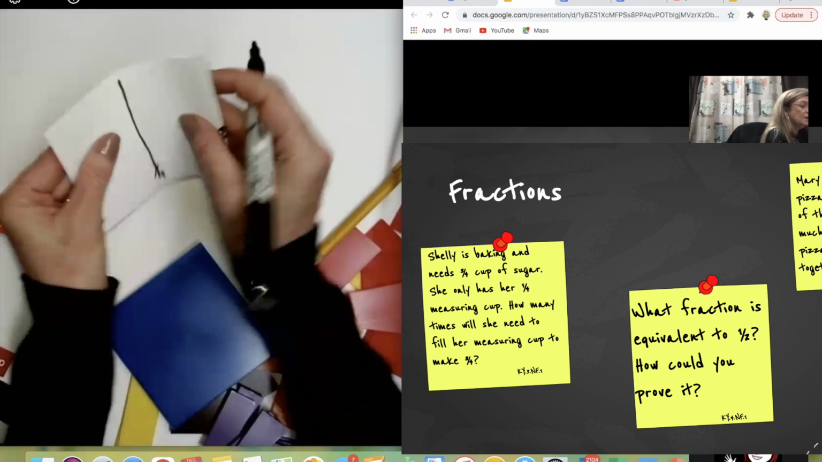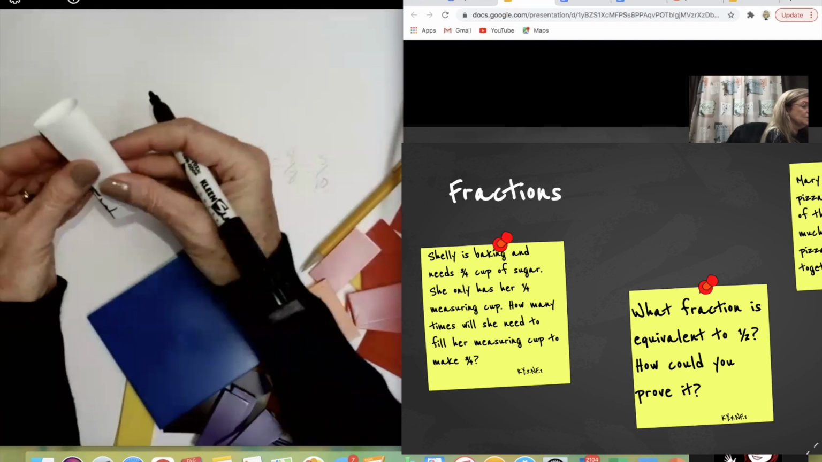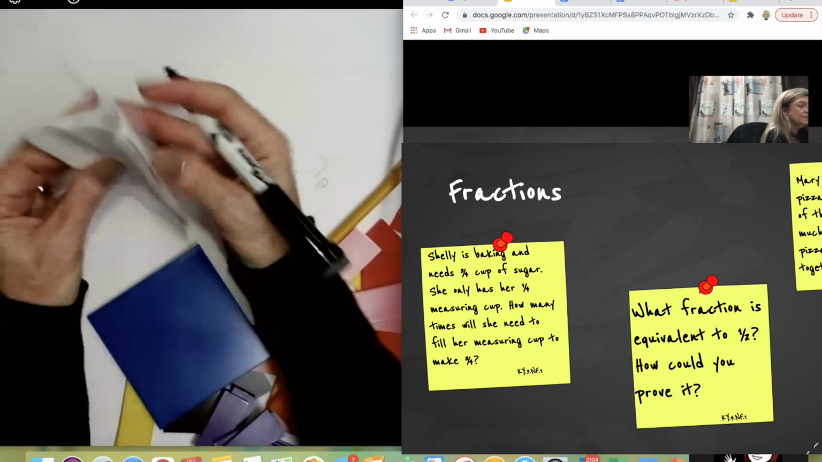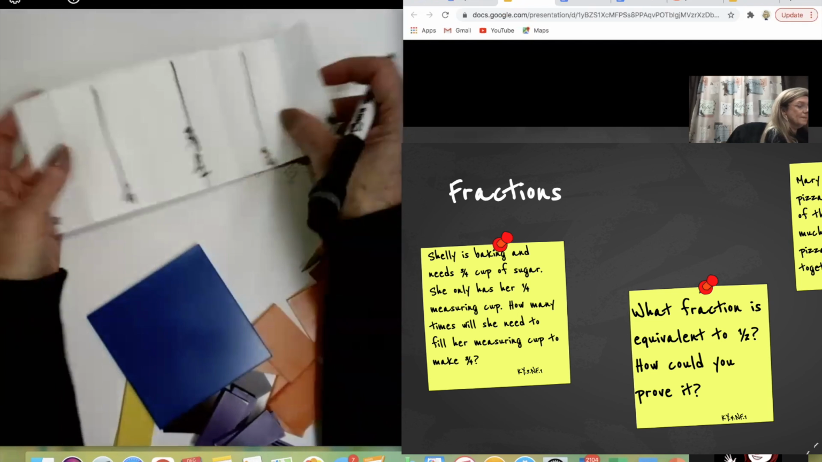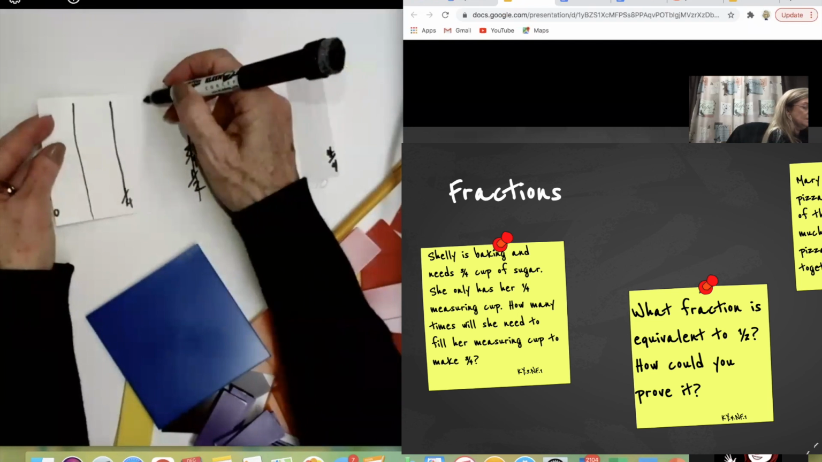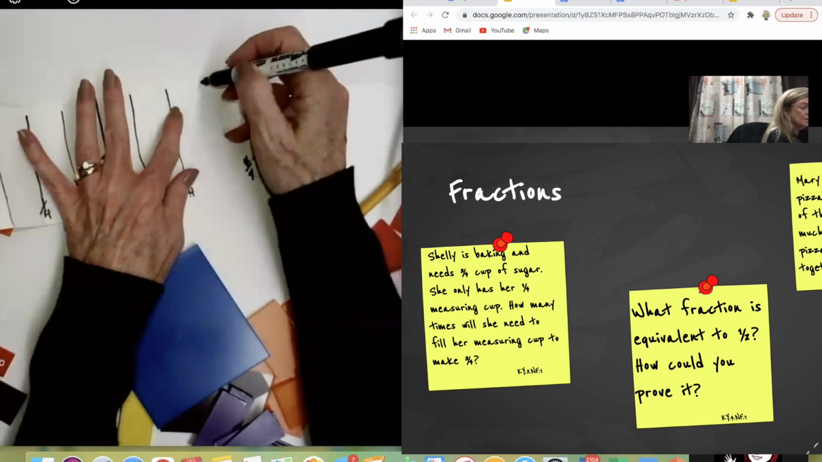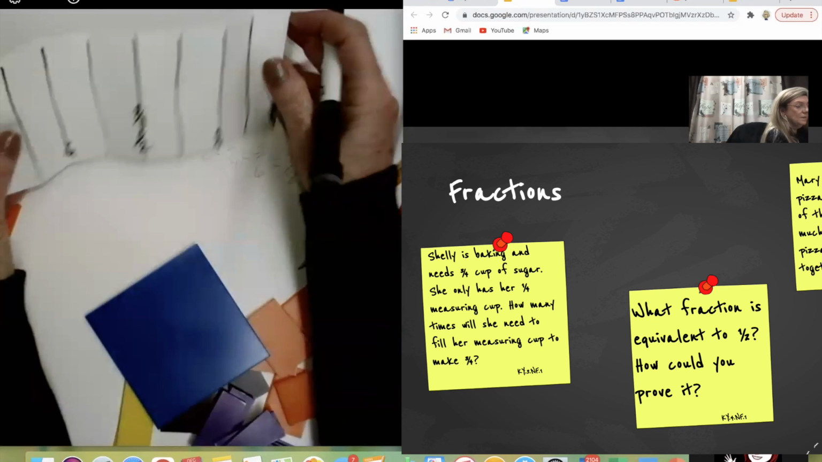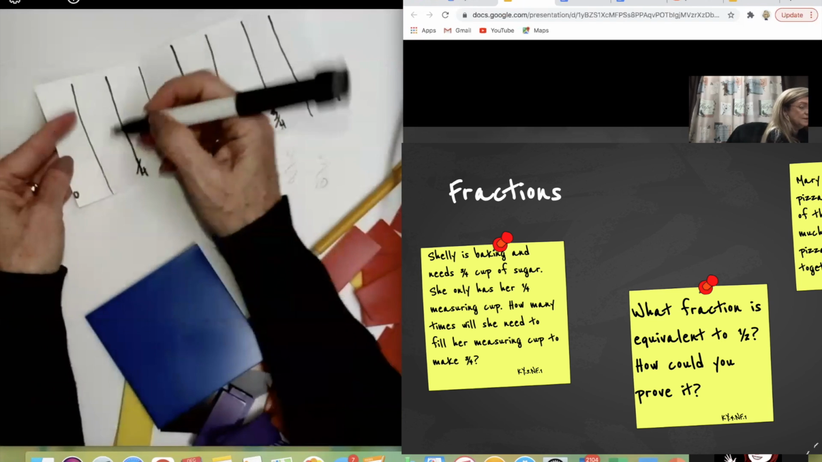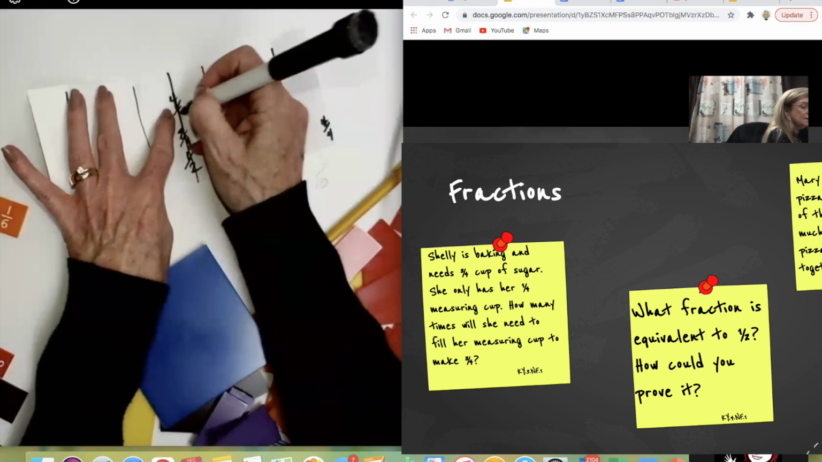And then you can fold it again, and they can open it up, drawing those lines again. And we see that now we have 8 equal parts, and they would label the 8ths. And what they will discover is that when they're labeling those 8ths,